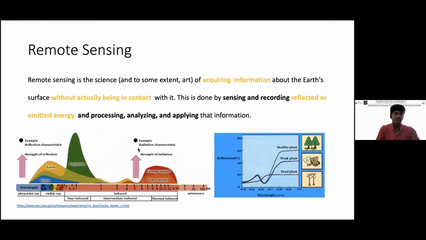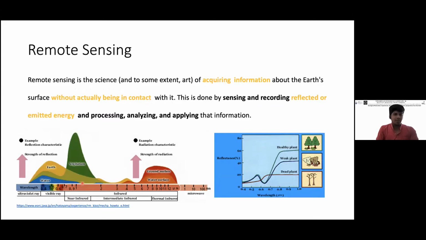So these very sophisticated instruments can read different wavelengths of light or energy, and they can measure these wavelengths way beyond the visible spectrum. So if you look at this small area is the visible spectrum, what is visible to human eyes, and these sensors actually allow you to measure and capture light beyond this visible spectrum.